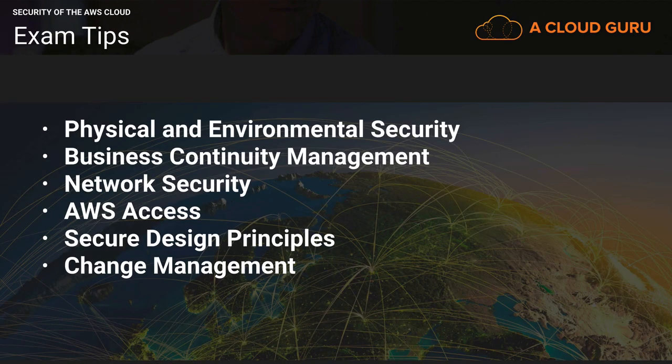So what are my exam tips? Well, basically just going into the exam, remember the different security controls around physical and environmental security, business continuity management, network security, AWS access, secure design principles, and change management. My big exam tip is to remember that the corporate Amazon.com network is completely segregated from the AWS network. And if any Amazon.com employees want to go into the AWS network to deploy new services or products, they have to go and get special permission. And there's a whole bunch of internal reviews that are done when seeking the permission. And as soon as you don't log in for 90 days, that permission is